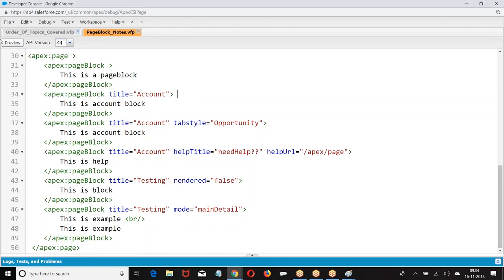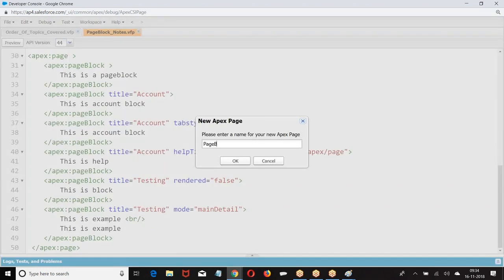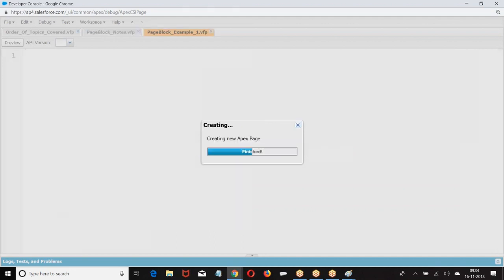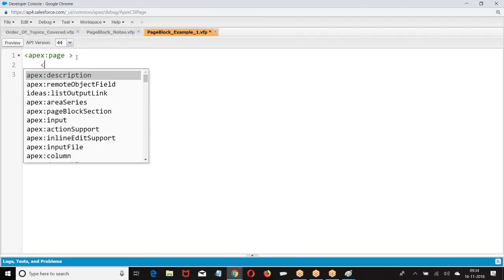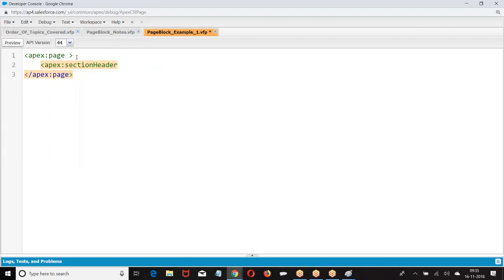Now, what is the structure we created? First, always it should be the Apex section header.